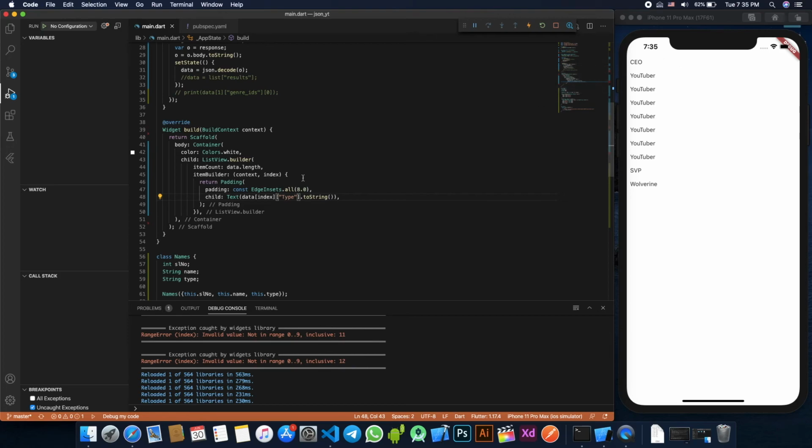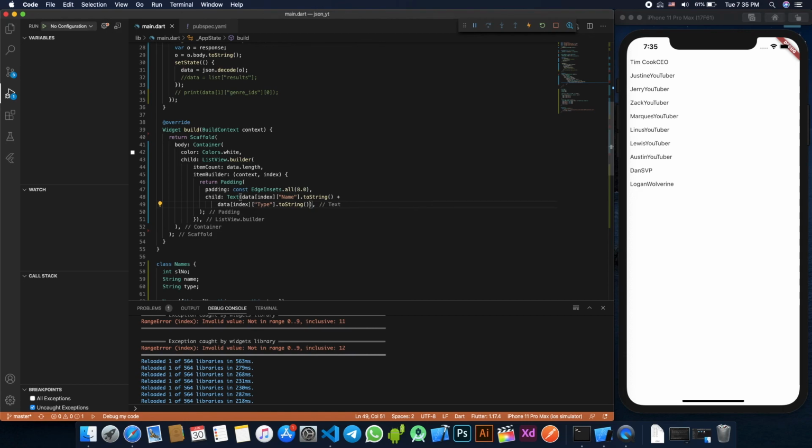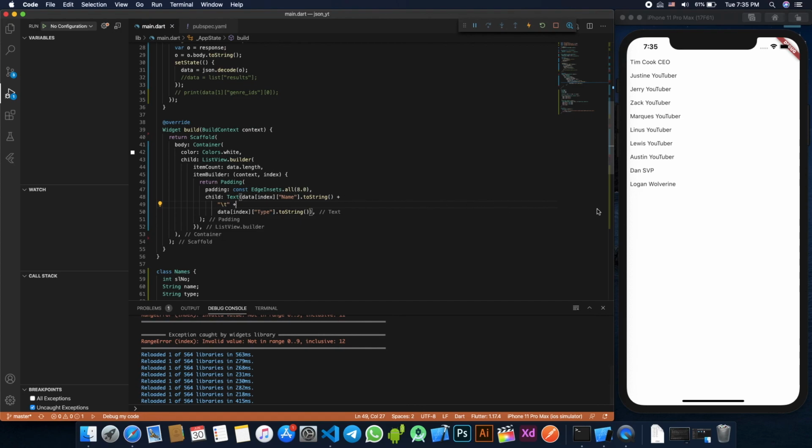Then you can get the data from the API like how we do here. I convert it to a string. Remember to convert it to a string. I'm going to put the name back here, convert it to a string, and then render it here. That's it. It's as simple as that. Or if you want multiple things, then you can do data of index of type toString again, and you can see it gives it, appends it. So what I can do, I can add tab space to this like that. It's as simple as that.